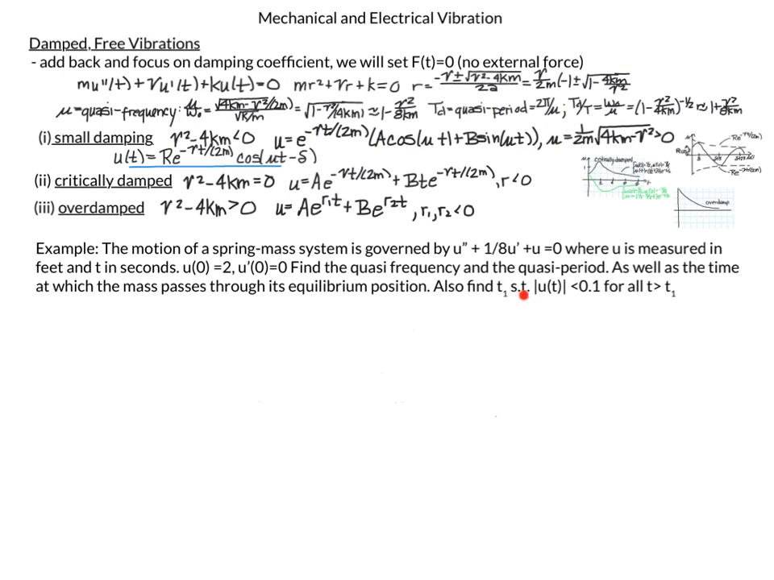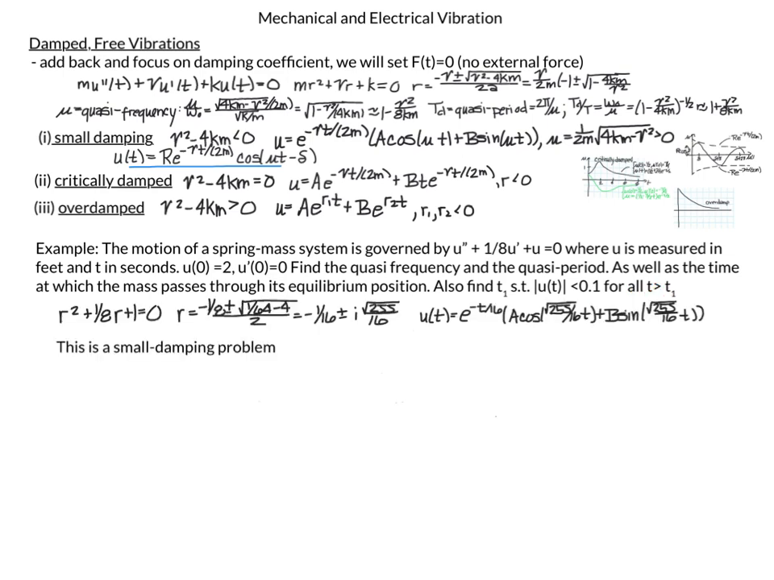Also find T1 such that the absolute value of u of t is less than 0.01 for all t greater than T1. Our characteristic equation is going to be r squared plus 1/8 r plus 1 equals 0. So we can solve for r, and we get minus 1/16 plus or minus i square root of 255/16. So this i means this is a small damping problem, and our solution is going to have the